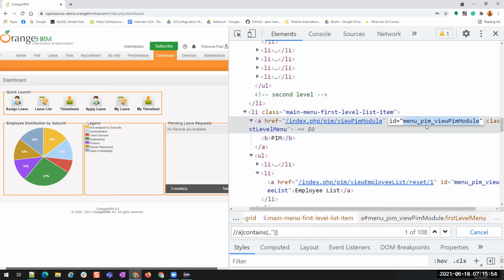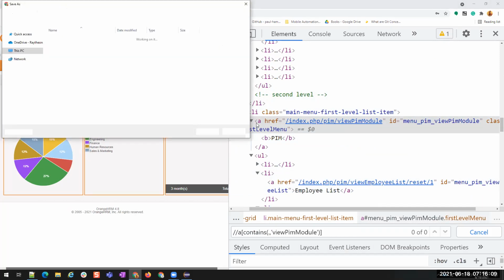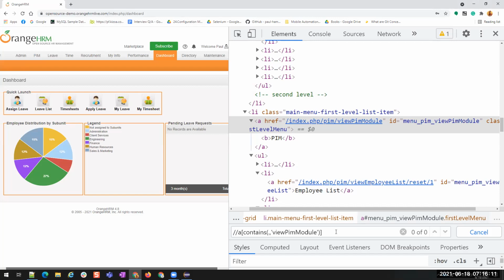This is the ID. I'm copying it and pasting it inside here. View PIM module. I don't want the complete ID, I'll just use this: view PIM module. Is it able to find this particular element?